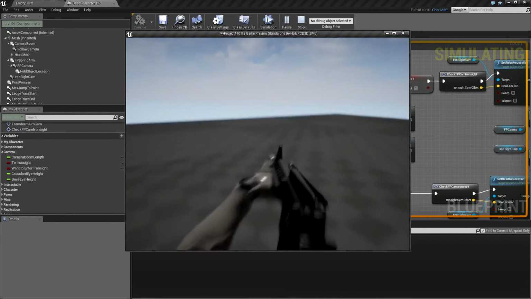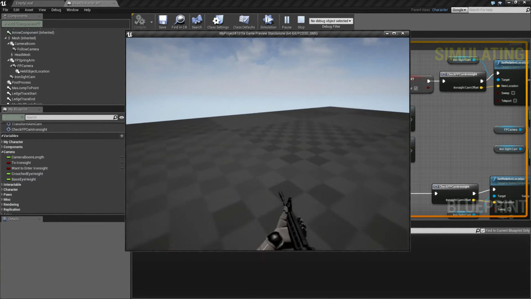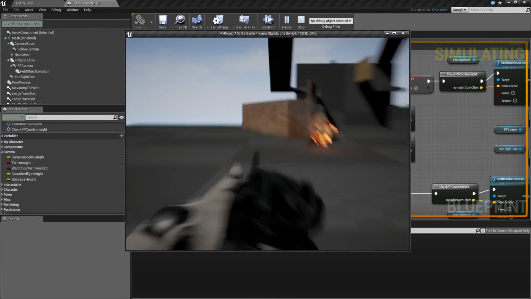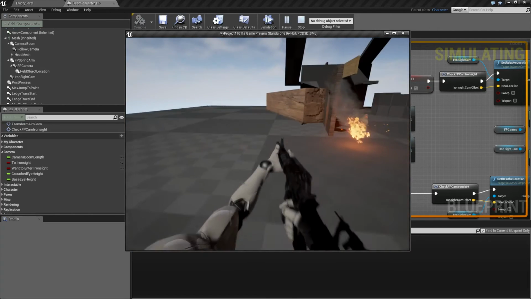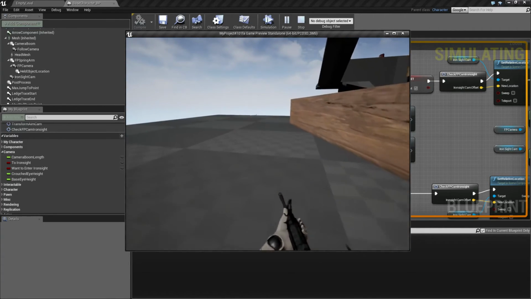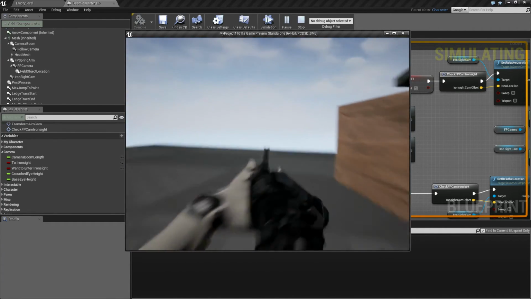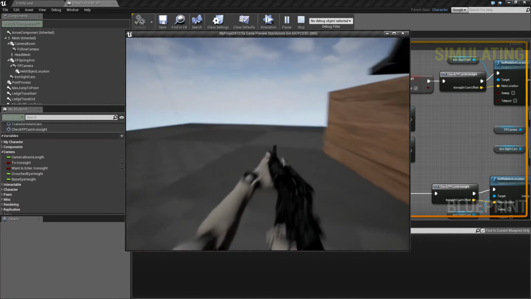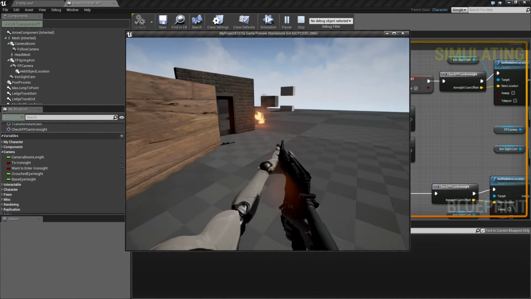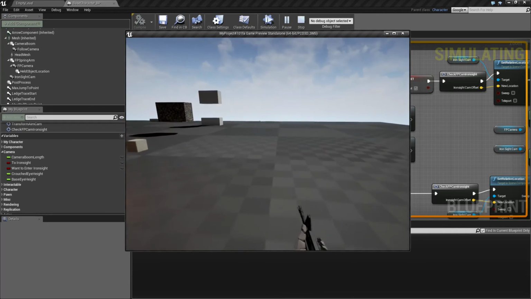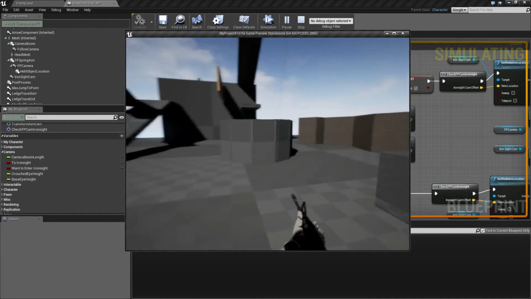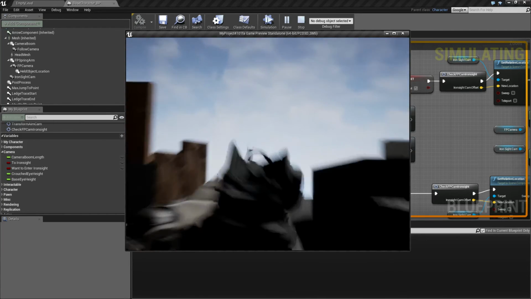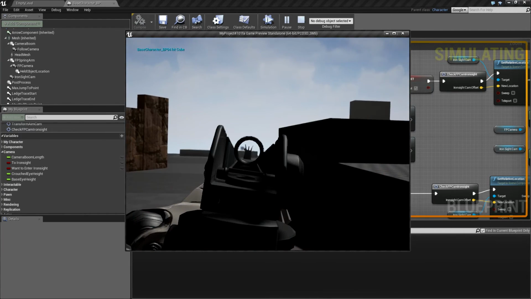Okay. So I'm just holding the iron sight button down now and starting to run and stop, and it returns. So now I released it and it doesn't iron sight. Now I can run freely around, and even when I try to iron sight, it doesn't. But if I come to a stop, the